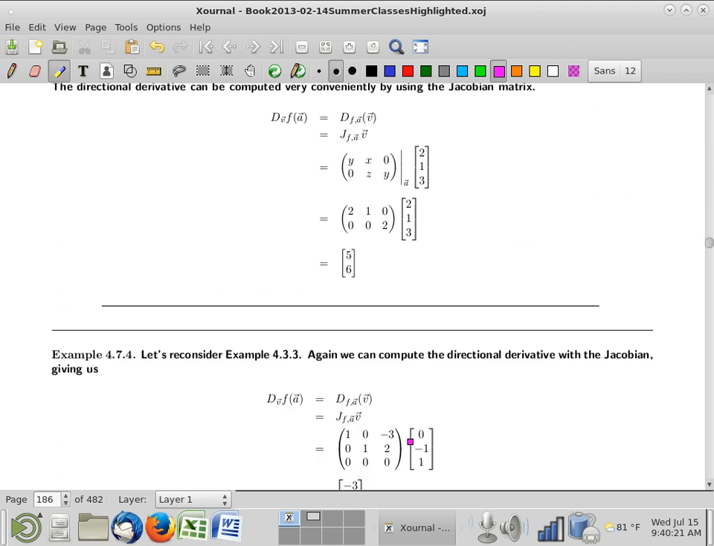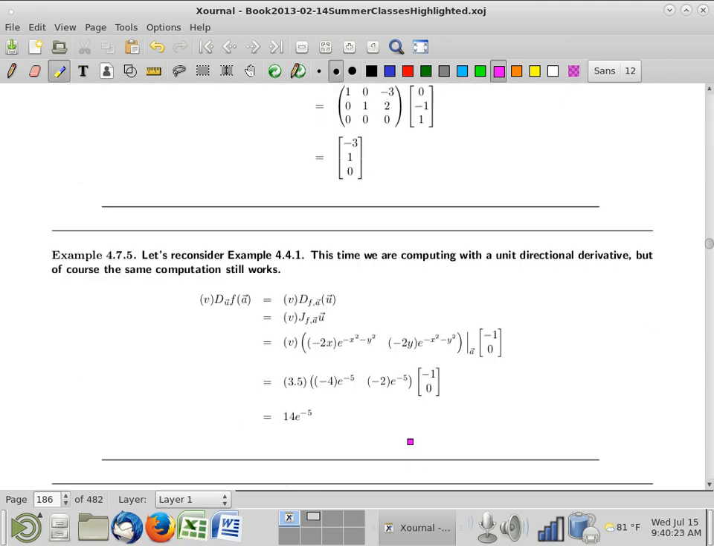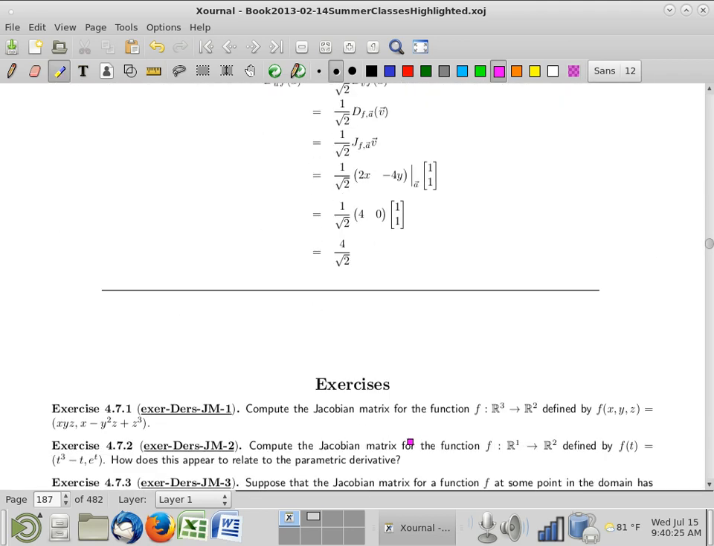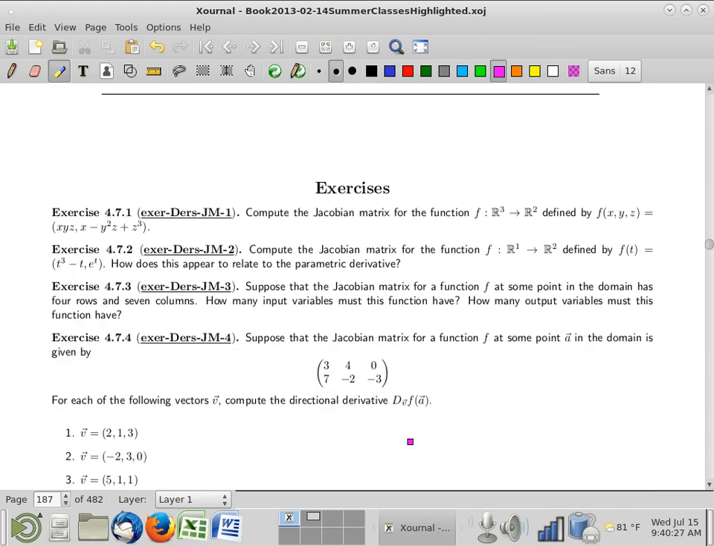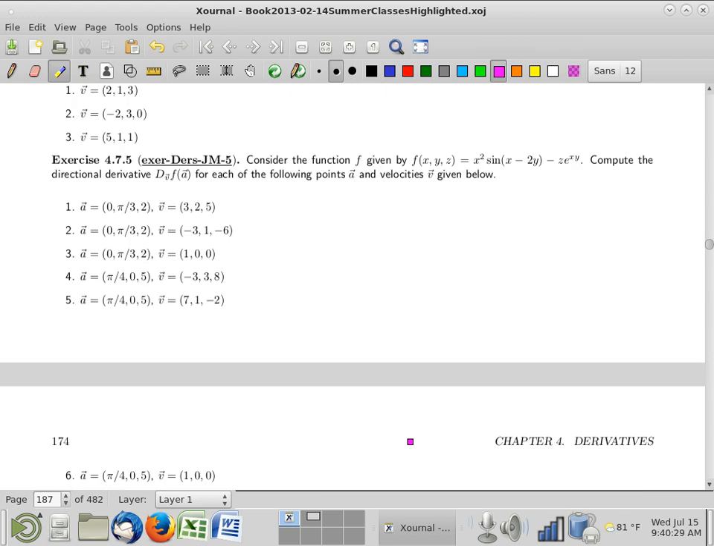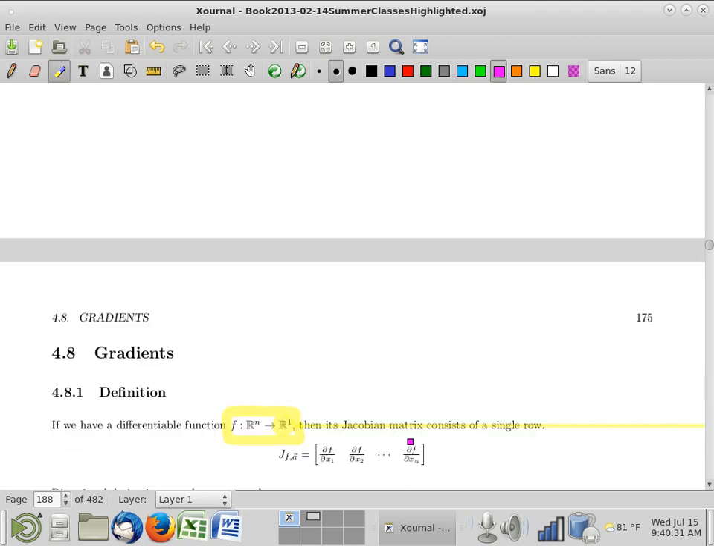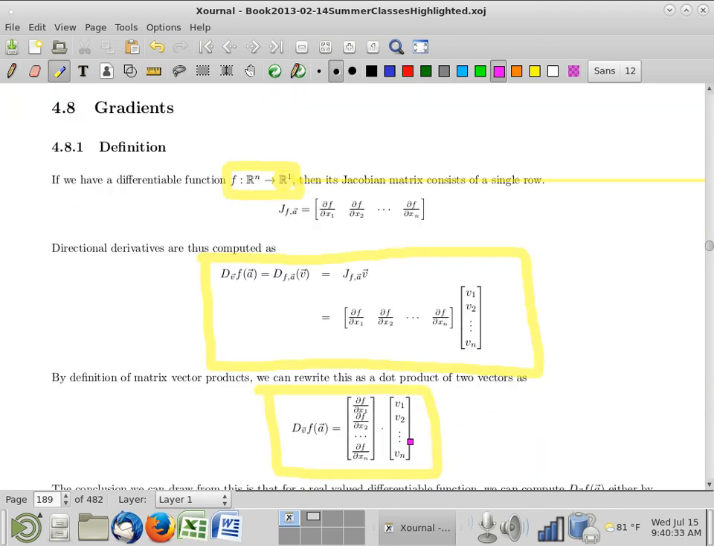Okay, so that's all I'm going to do. There's another couple of examples here. You guys can read through them. They're just variations on the same idea. And so I'm going to move on now to the next section and talk about a very closely related topic of gradient vectors. Okay. So with gradient vectors, I want to talk about a special case